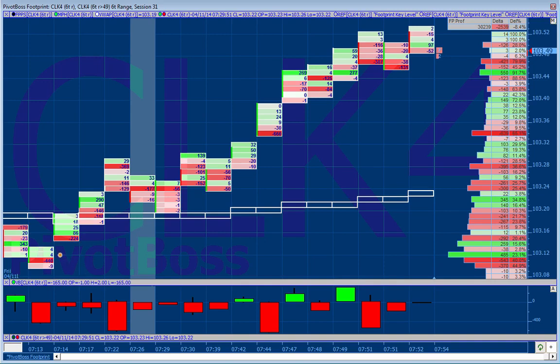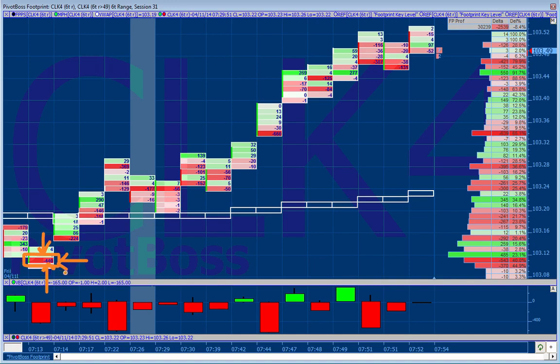So maybe this seller right here was a big seller, obviously. 440 contract delta. Now these contracts, you know, it's cumulative. So we don't know if it's one seller or more, but we can filter the footprint so we can see exactly how many contracts came through at that print. So we can go further into it, but I don't really care. At this point, I like the differential here. This is a delta, and that's just all I need to know. So I make believe that that's one person, or it could be 10. It doesn't matter. Obviously, if it's one person, it's much more powerful.